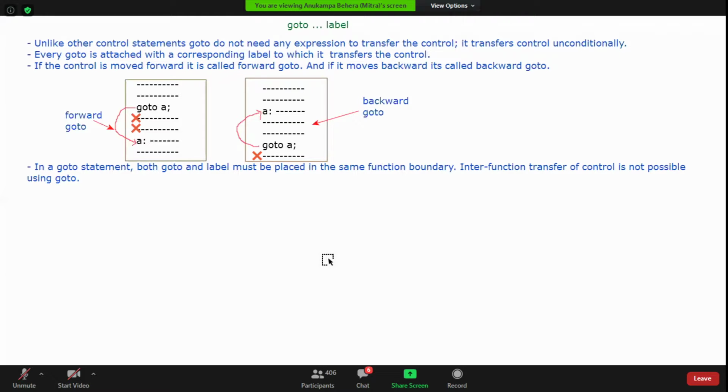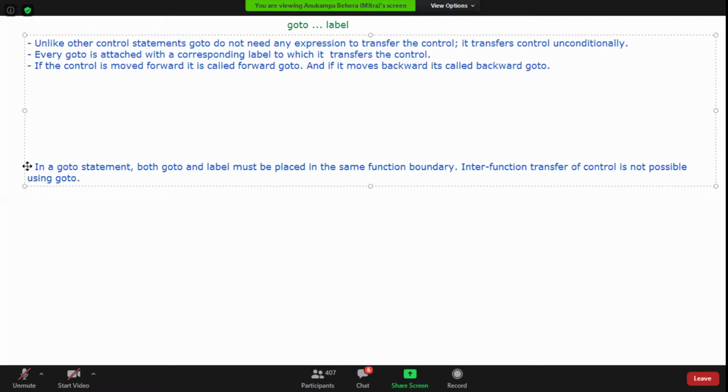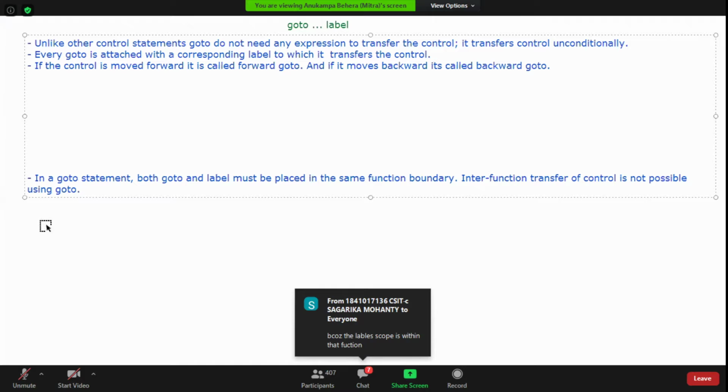Can anybody answer? The goto and the label both should be placed inside the same function. Now why? No, absolutely this is not the thing.